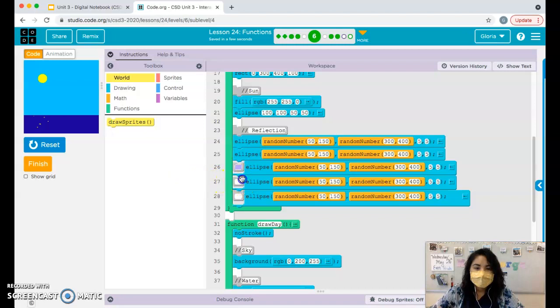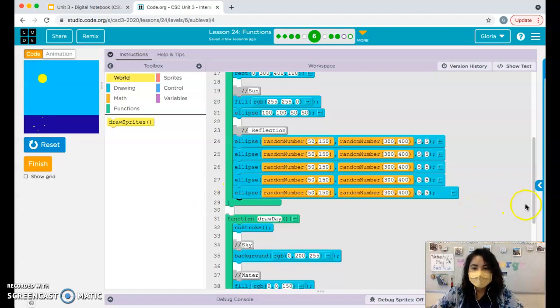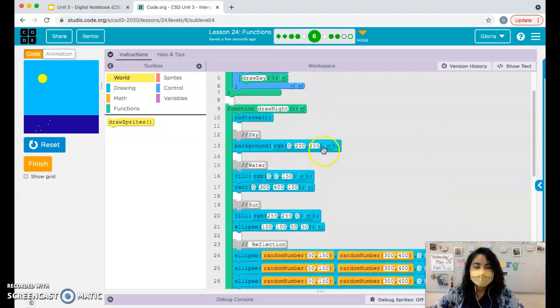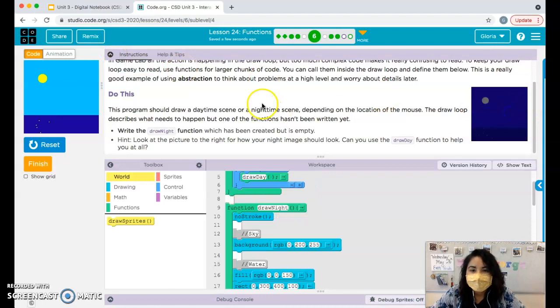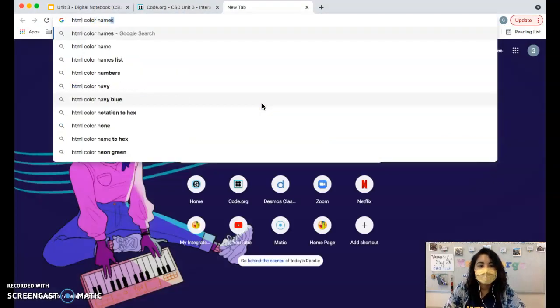So right now I haven't changed anything in the code. It's just they're both daytime, so we just need to change the color so that it looks like nighttime. So let's take a look at where the colors are. So sky background should be a dark color. Let me take a look here. We might need to go to color names, HTML color names,